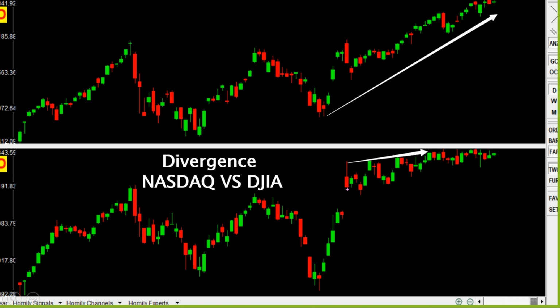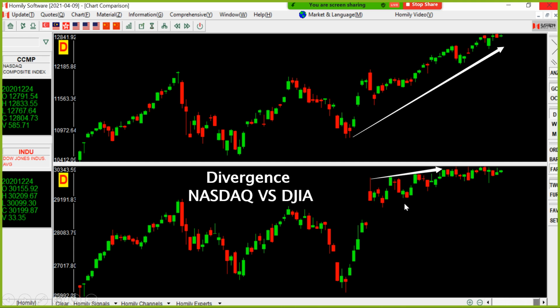After that day, in the lower chart, we can see the Dow all the way sideways around there, right? That is around the middle of November, because we know the low point around here is the general election. So from around the middle of November until now, in the lower chart, you see the Dow all the way sideways, but the NASDAQ all the way hits a new high. So we call it a divergence.